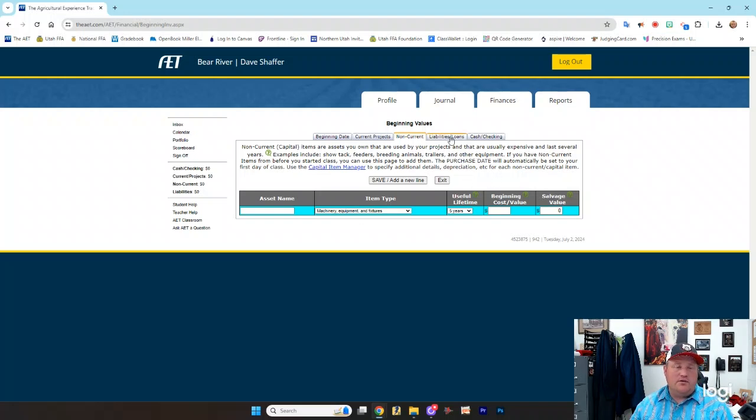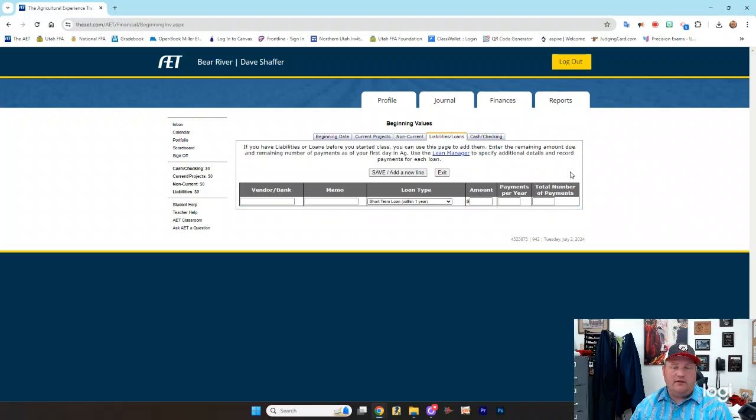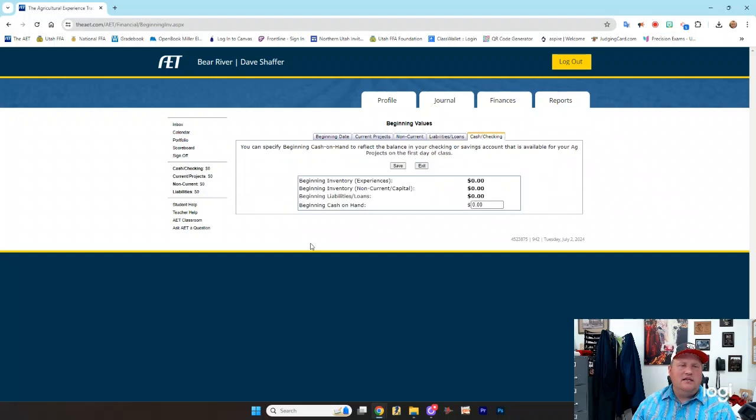There's also an option to put in liabilities and loans. So if you had to take out a loan to buy your steer, very uncommon, but if that's something that you're doing, you could enter that in here. And then one nice thing to have is to show the amount of cash or money that you have on hand at your disposal as you get started with this project. And you may not record all of your savings that you've got tucked away in the bank, but maybe you have a certain amount set aside that is specifically for projects,